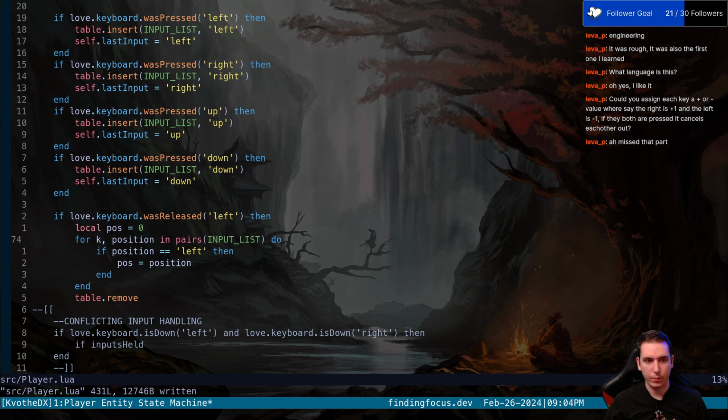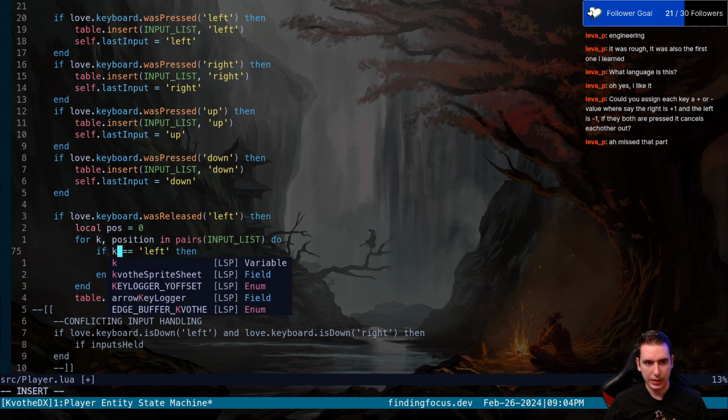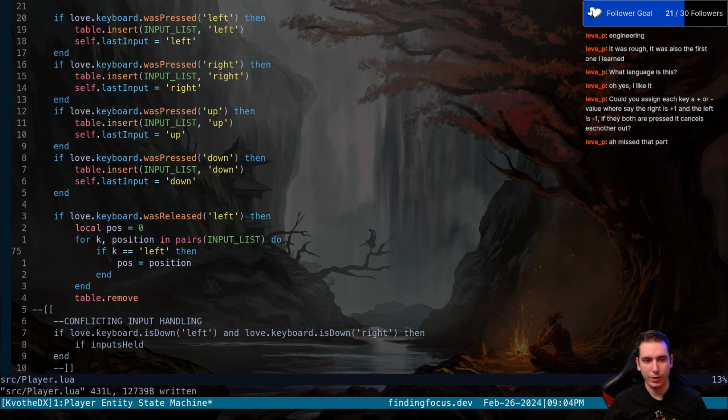So what we can do is say if the key, no. Okay, so yeah, we do want to check the position here, and then we want to assign the key into our, so to be verbose about this, we'll say our index, and then we'll say